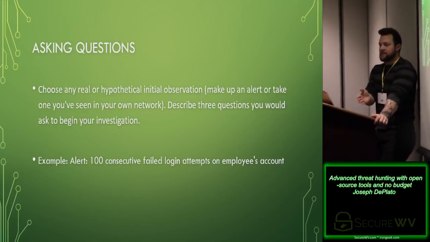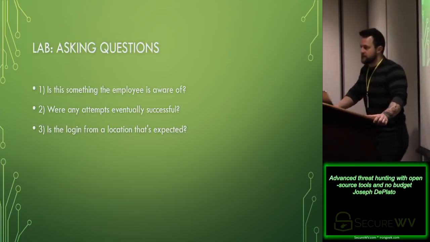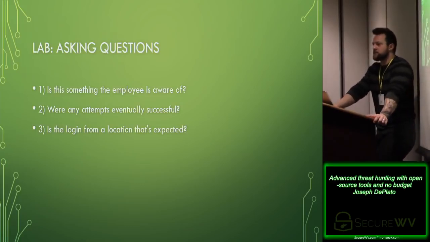So we see outbound 445 traffic from that host. What's it doing internally? Do we see it communicating to our database server? Do we see it communicating to our domain controller? Do we see it communicating to other systems on the network that we haven't seen it do in the last 3 months or so? These are questions that you want to ask